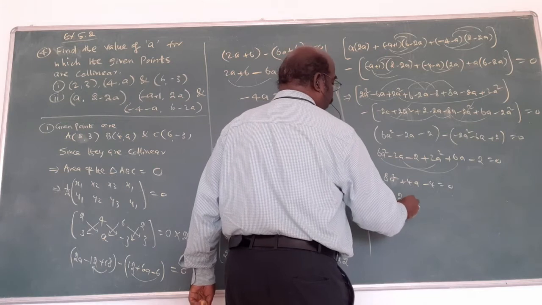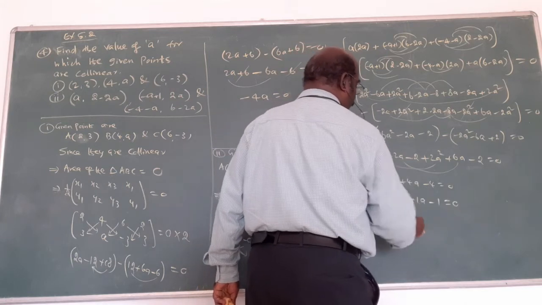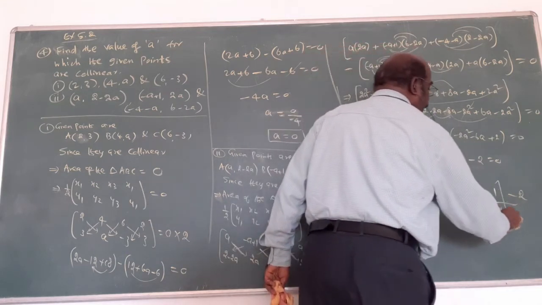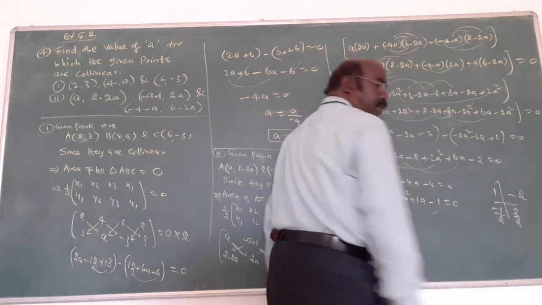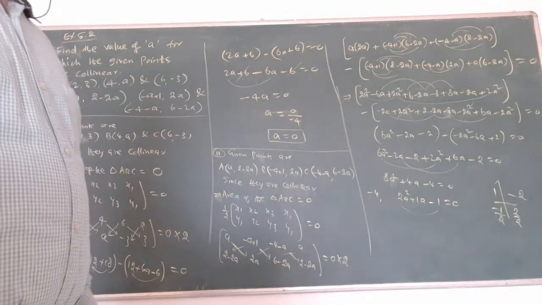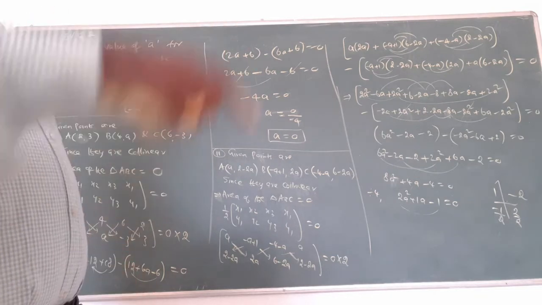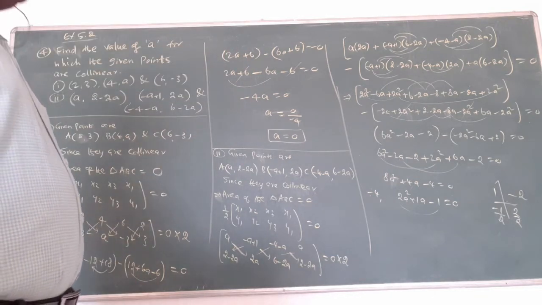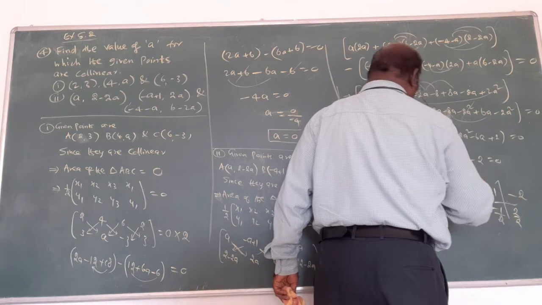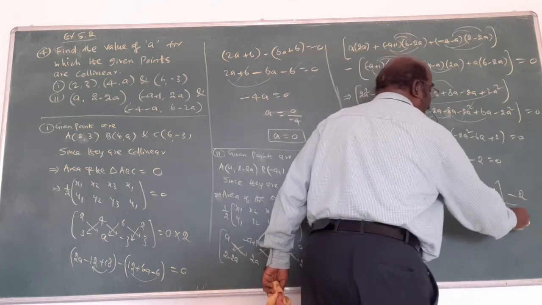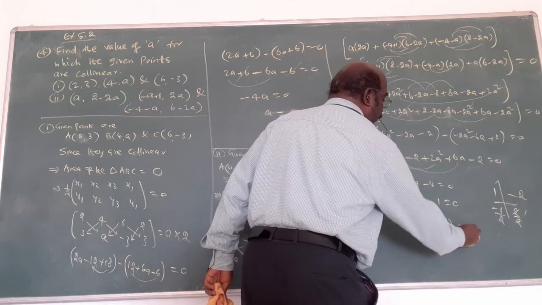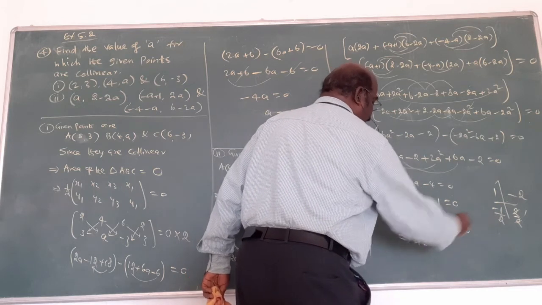All of them are direct now: 2a square plus 4a minus 2. This is a quadratic equation. Product of two numbers is minus 2, sum of the two numbers is plus 1. What are the numbers? Minus 1 into 2, 1 into 4 minus 2. Subtract 4 only. But in front of a square there is 2, so divided by 2. Your answer is 2a minus 1 into a plus 1, which is a equal to 1 by 2.